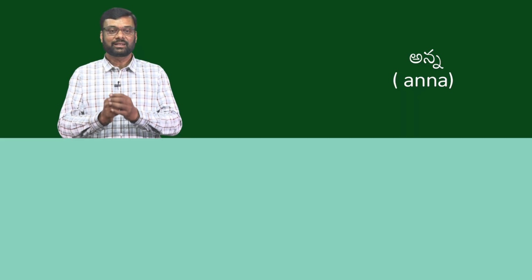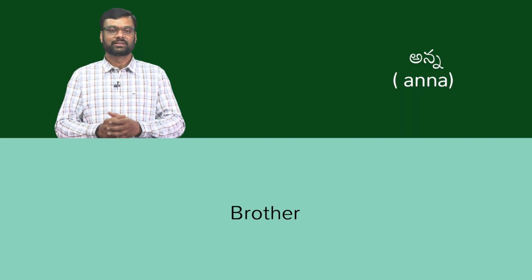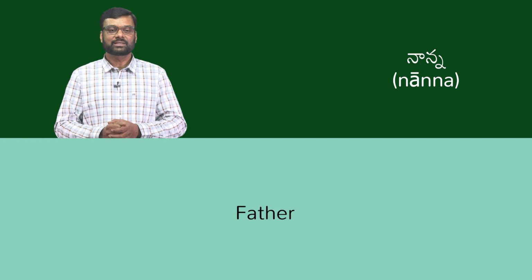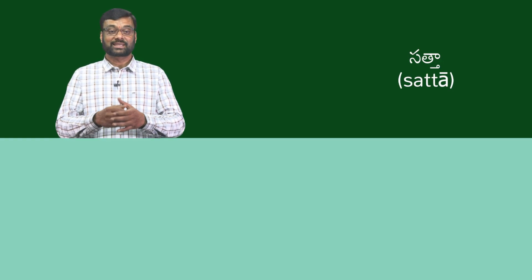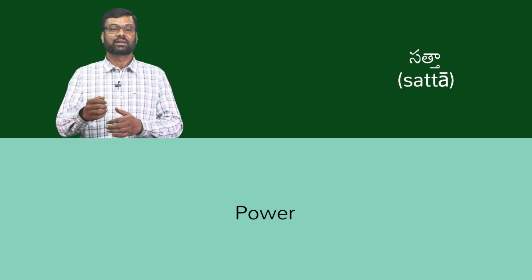Here are some words formed using the script letters learned in the previous groups. These words illustrate how meaningful vocabulary can be created by combining letters into geminations, which means double consonants. Anna, which means brother. Nanna, which means father. Satta, it conveys power. In this lesson, we covered the shape similarity group and learned how to use the related